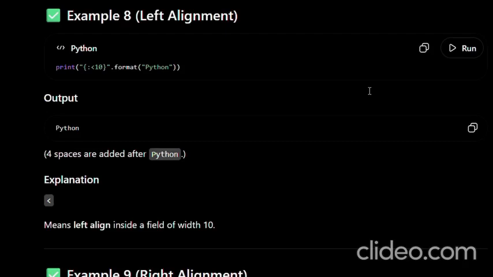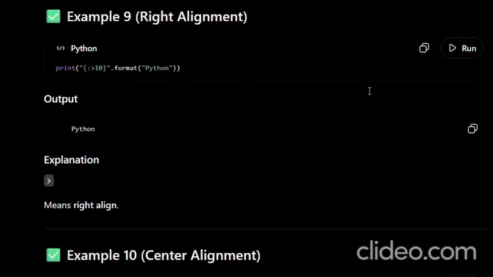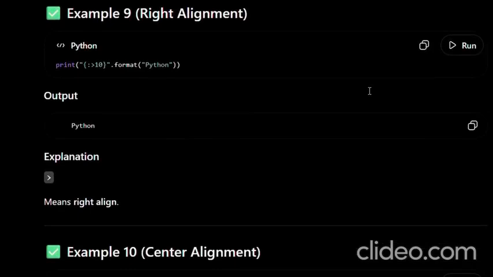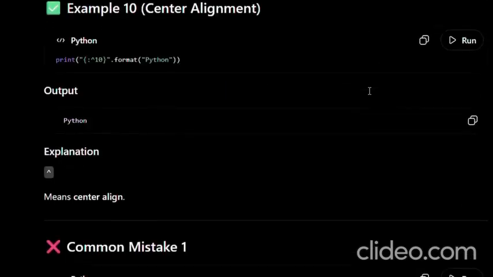type of concepts. But we don't know when we might need these type of questions, but they are not asked so much. This is the basic syntax of right alignment. Also, this is not important to learn, but you should know about it. And this is center alignment. This is also not so much important. The next thing is